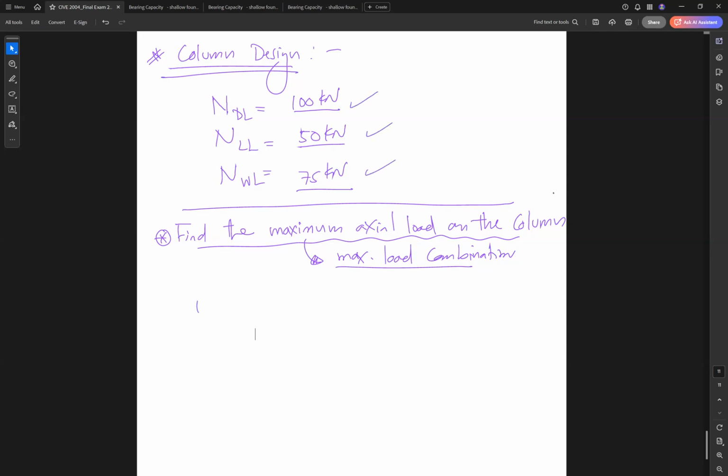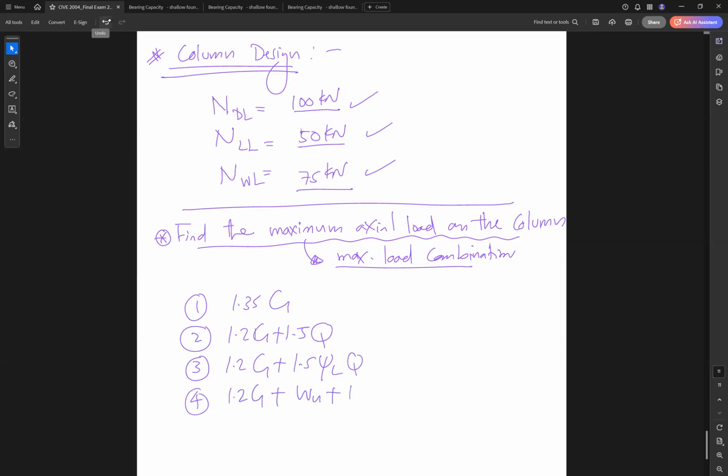We have 1.35 G, similar to the first one; 1.2 G plus 1.5 Q; number 3, 1.2 G plus 1.5 psi LQ; number 4, 1.2 G plus WU plus psi CQ; number 5 is 0.9 G plus WU upward. So if I give you this downward